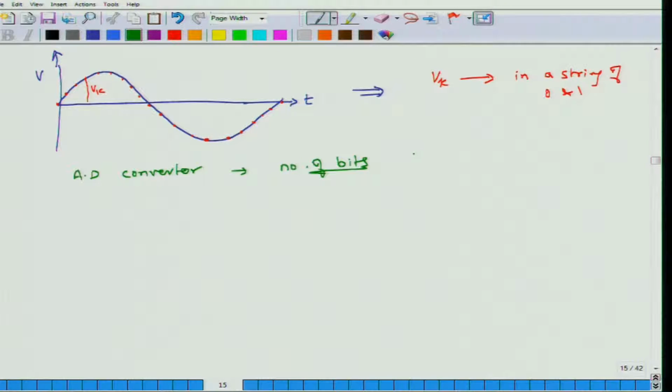So, you may have an A to D converter which may be a 12-bit device, you may have an 8-bit device, you may have a 16-bit device, you may have a 24-bit device, it could be anything. I mean, typically it is some even number. So, what does an 8-bit device mean? What it means is that suppose the AD converter can sense voltages over a range, suppose